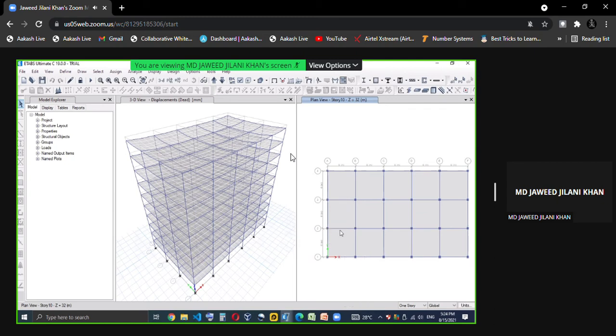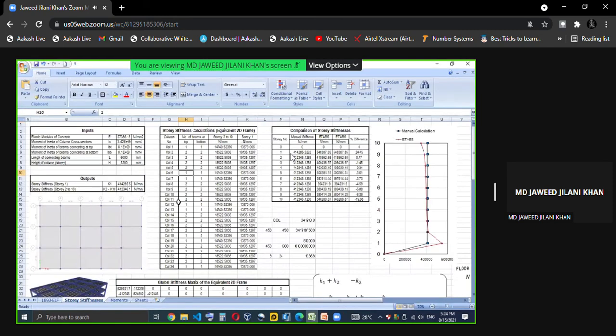There is no beam here. Then the seventh column I have only one beam. 8, 9, 10, 11, 12, and 13 column only one beam. See the 12th and 13th column, you can see here 12 and 13 column only. Likewise 18th and 19th and the last column, 24, again we have only one beam at top and bottom. So here I have given that formula, this formula which we have given.